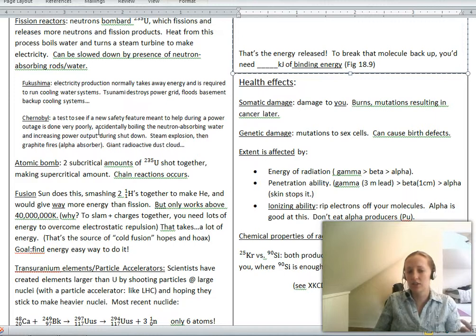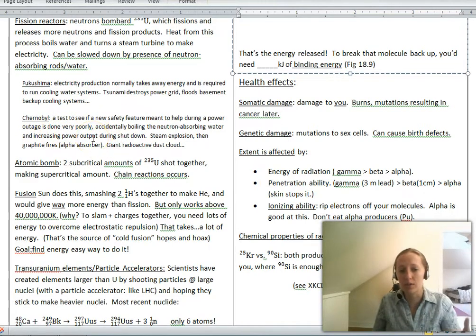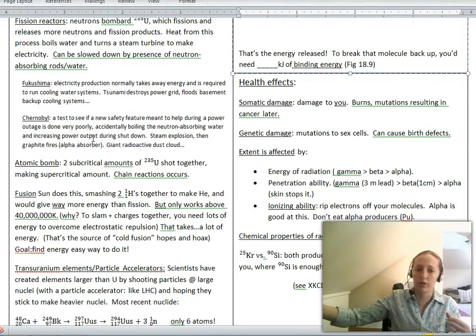And so they don't realize until it's too late that the thing that they're doing is causing the neutron absorbing water, which is really important, to boil, which it's not supposed to boil because then it doesn't absorb the neutrons quite as well. And that happened, and also they increased the power output because some other station was down for a little while. So they're doing these two things, increasing the power output and reducing the efficacy of the neutron absorbing water simultaneously. This causes a steam explosion, and then it actually sets the graphite on fire,